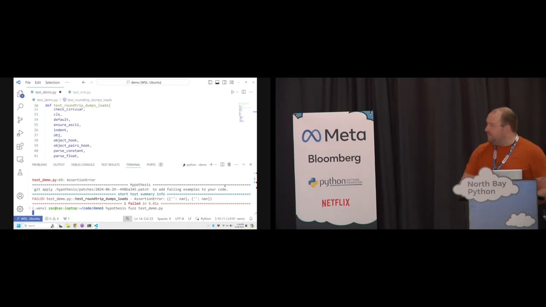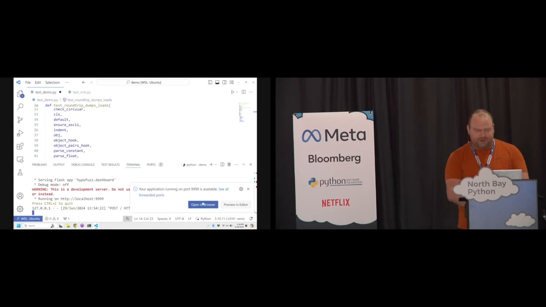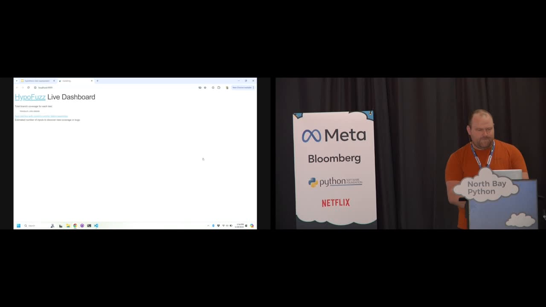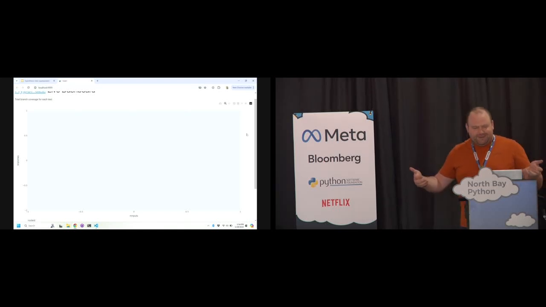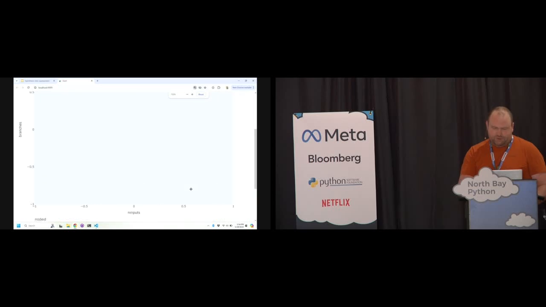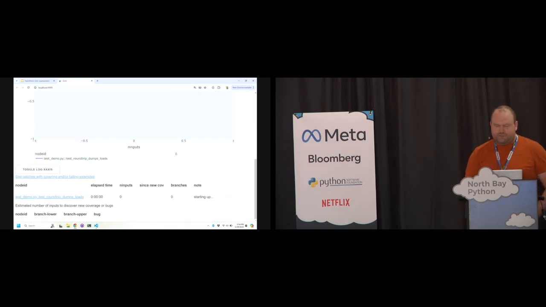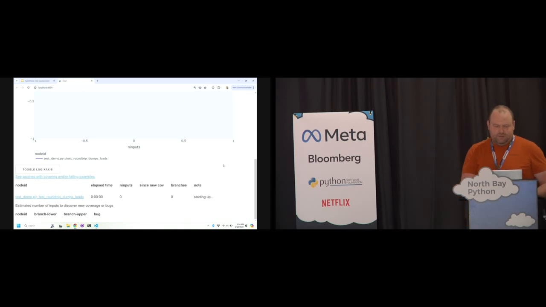If I run the fuzzer, we also get a really nice web interface which tells us what's going on. This will take a moment because the thing is optimized around running for 6 hours or so. But once we start getting data showing up, it will tell us what test function or functions we're running. It will also give us an estimate of how long it has been since we last found some new coverage, and a statistical estimate of how long we will have to run before we find a bug.